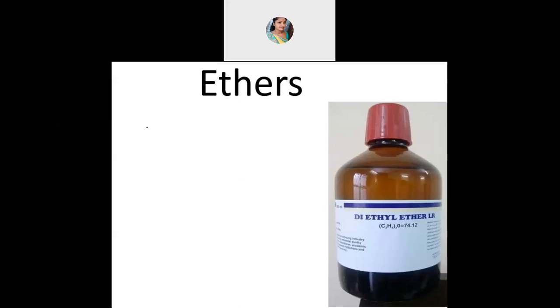Now what are ethers? Ethers are also defined by taking alkanes itself. So from the alkane, I'll take methane itself, CH4. If you replace one hydrogen of the methane by this group, the alkoxy group, OR group, okay, if the hydrogen of the alkyl group is replaced by this alkoxy group, O and R, it is called alkoxy, because the alkyl group is there and then you have oxygen attached to it. So it's called alkoxy.